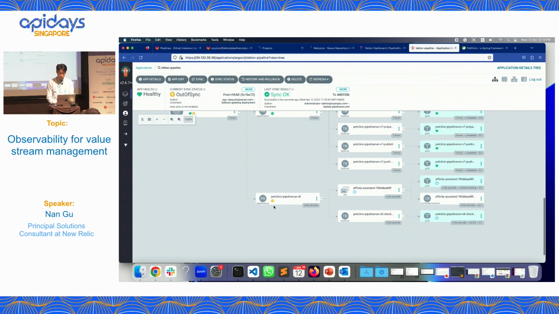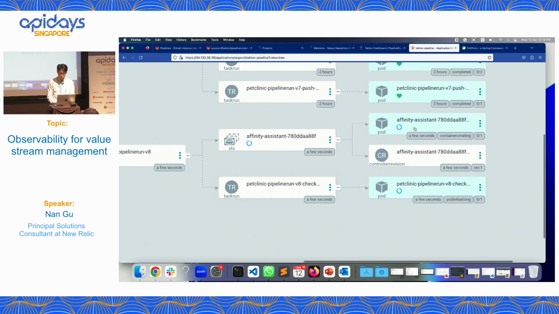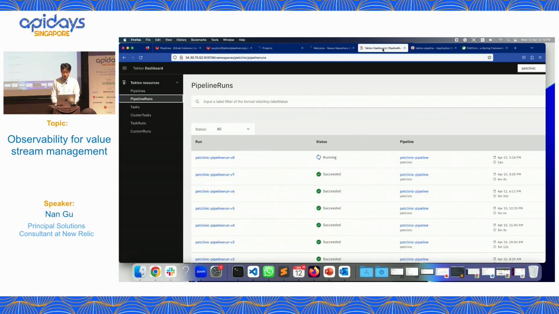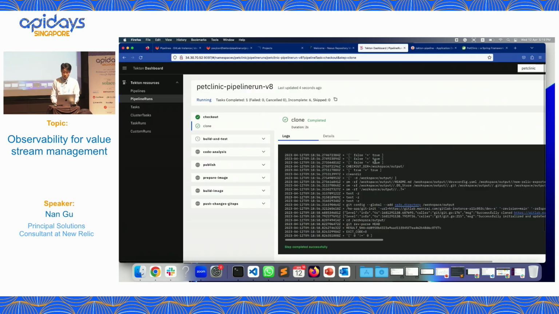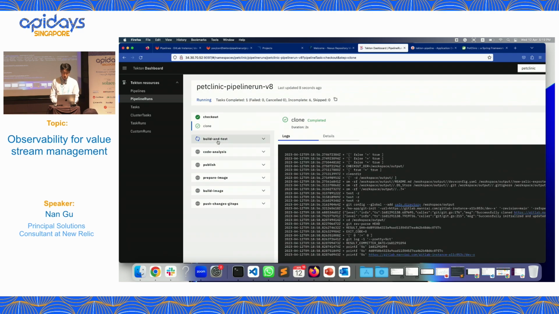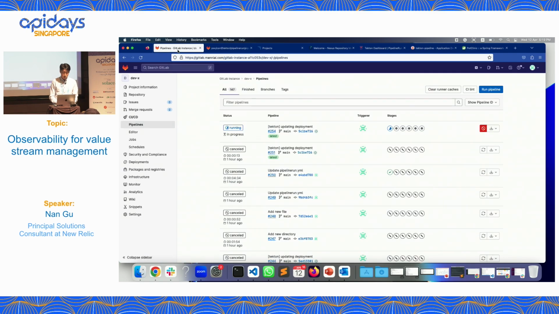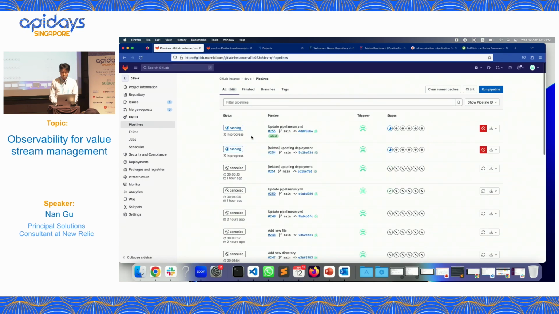So here you can see it, right? Version 8, those are the pods running for the task. You can also see this from a different angle, like pipeline 8 is up and running in Tekton. These are all the logs, and starting with the checkout has been done. Right now it's just in the build and test. Or you can see the different angle from Argo, there are 2 pods up and running because this pod runs the task. We also have the GitLab running.